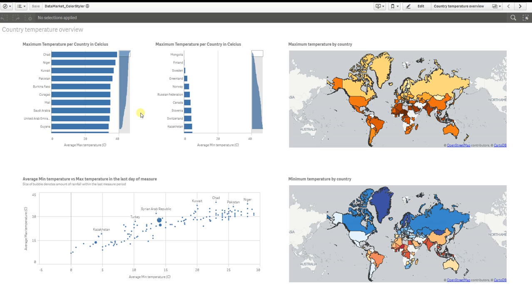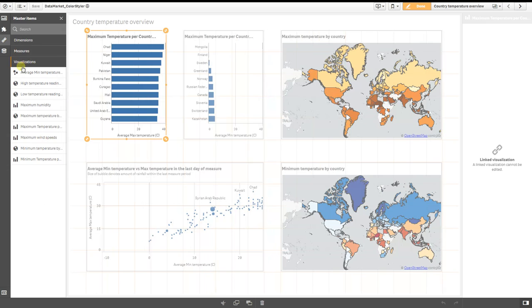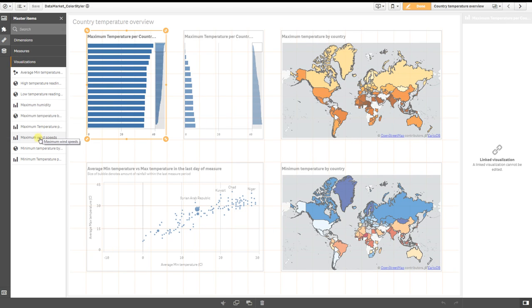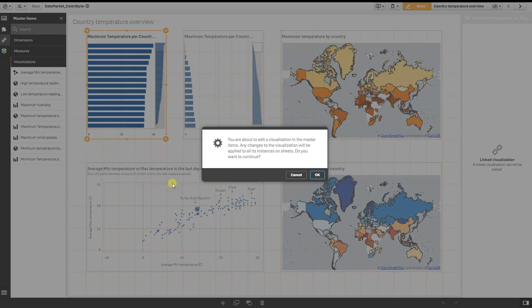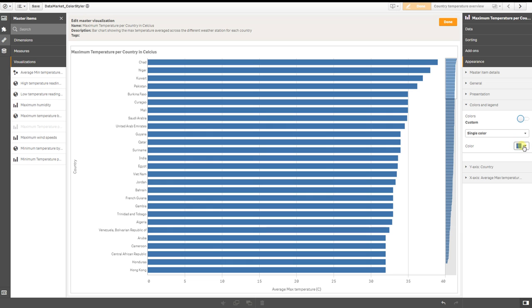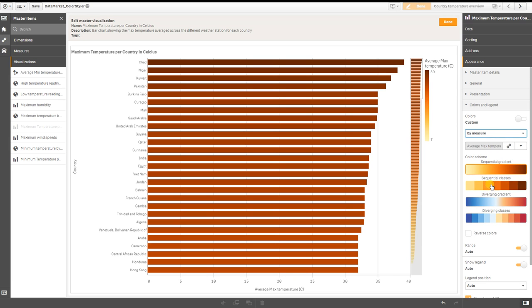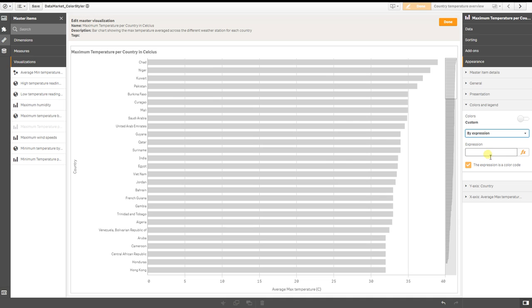And I'm going to show you a little extension I put together because sometimes I want to be able to choose certain colors. So let's look at the maximum temperature chart here, for example. The color options that we have are basically a single color, a few different colors, changing by dimension, which is great, of course, setting color by a measure, a couple of different gradients, but sometimes I want to change to another gradient, or set a color by expression, but it's kind of hard to write without